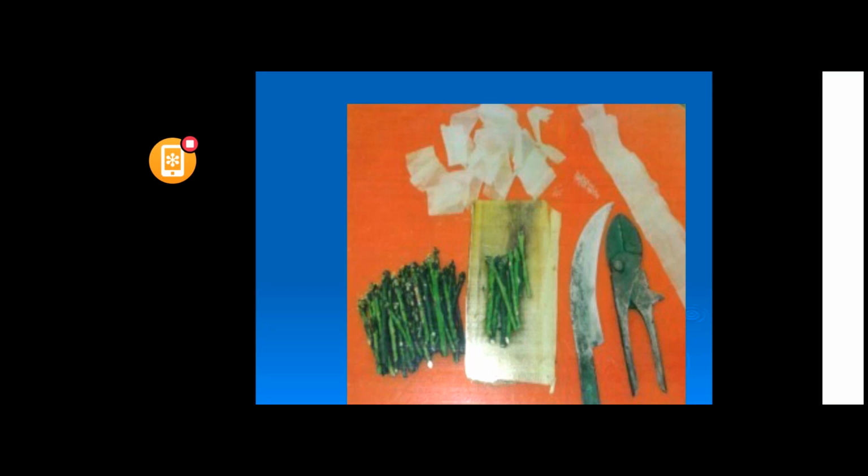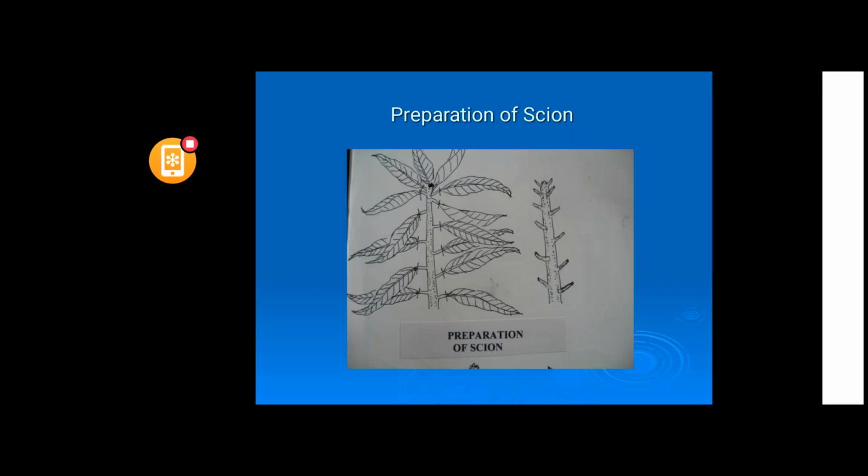You have to select the scion at least 7 to 10 days before the grafting operation. The scion should be healthy, disease free, with the terminal bud intact, and the last 4 to 6 inches of terminal should be present. 7 to 10 days before, you should cut the leaves, keeping the petioles like this.